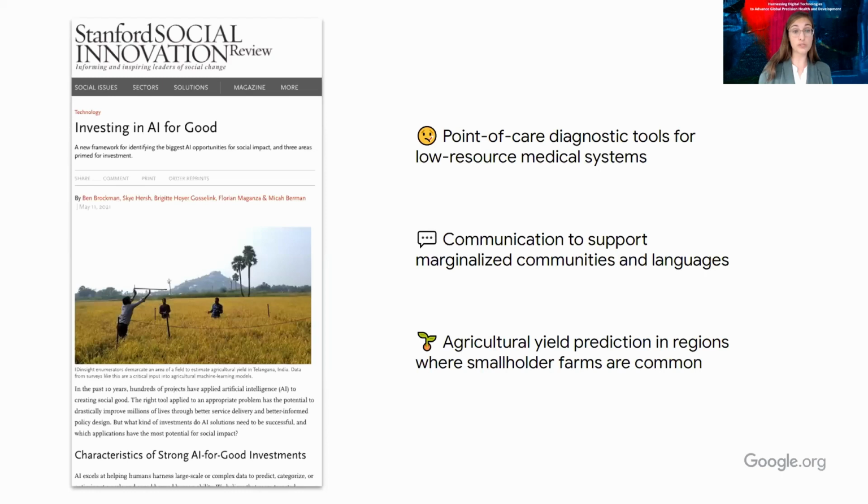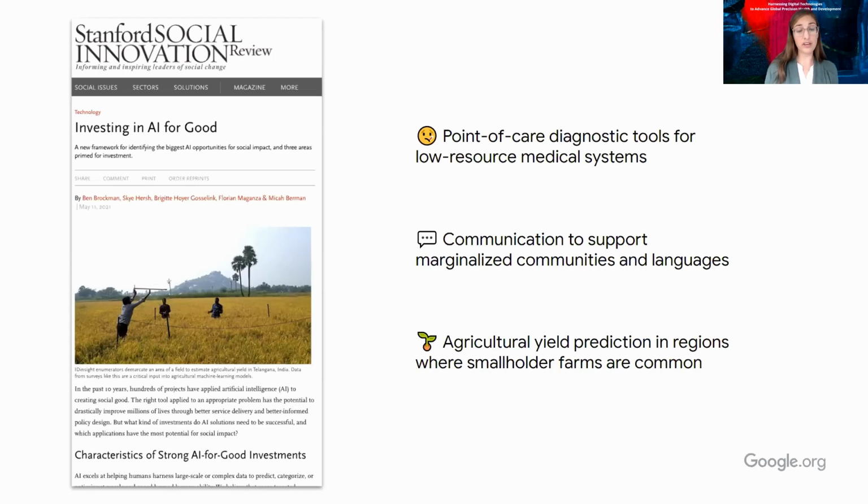So the first is, of course, point of care diagnostic tools, really thinking about how, with especially better data, we can see that differential impact as we just talked through in the MSF example. Communication tools that support marginalized communities that really lean into language. So thinking about human translators being augmented, or with those new languages, as we mentioned, coming online, how we can ensure that people are getting the information that they need.